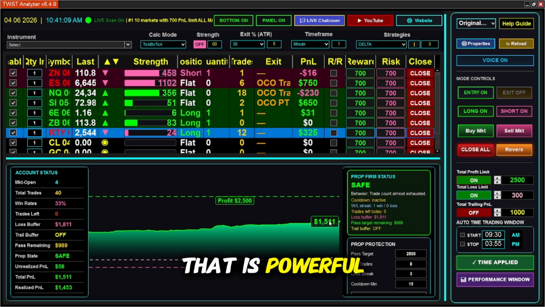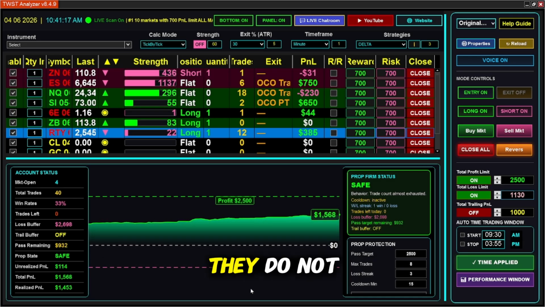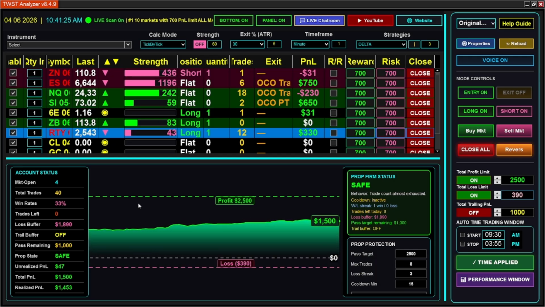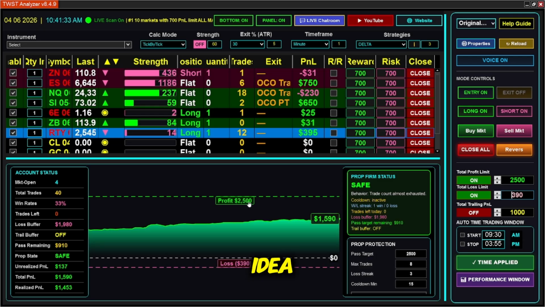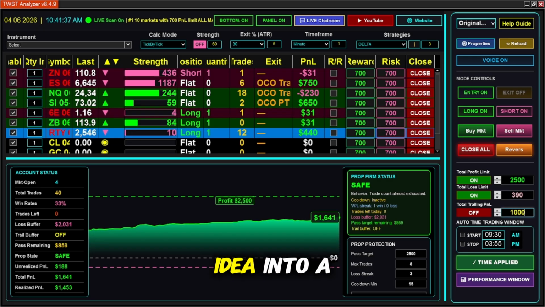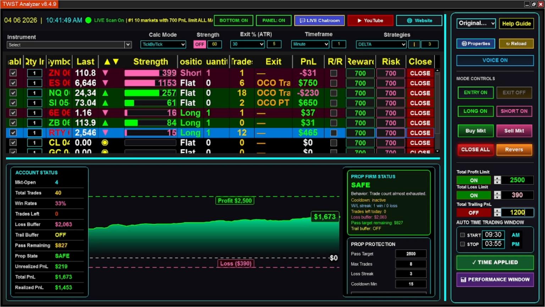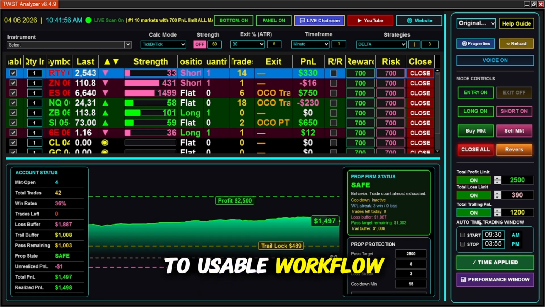That is powerful, because many traders know what they want conceptually, but they do not always want to manually build every setting from scratch. With the AI Setup Generator, the user can describe a strategy idea, and the tool helps convert that idea into a structured setup. That lowers friction. That speeds up testing, and it can help newer users get from concept to usable workflow much